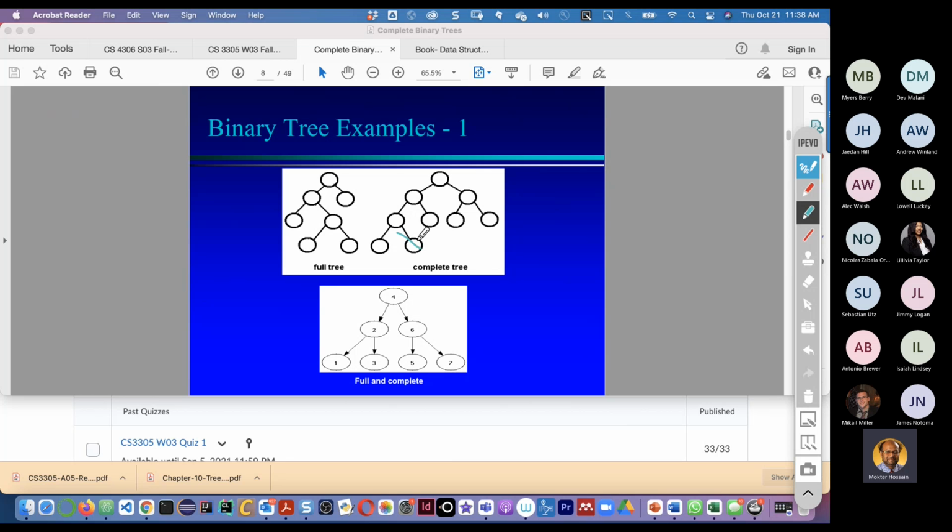But in some cases it grows like this. Then this is a binary tree, but this is not a complete tree. This is an incomplete tree. And this is a full tree. Full tree means for all levels except the leaf level, all levels have all their nodes. So if it did not contain this, then this will not be a full tree. This will be a complete tree, but not a full tree.